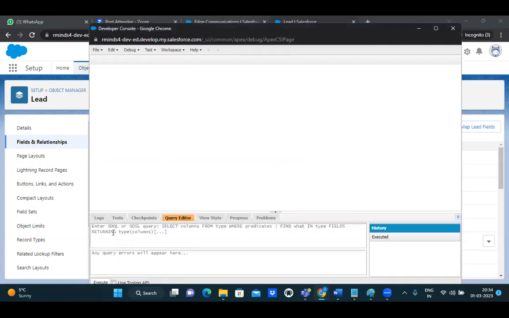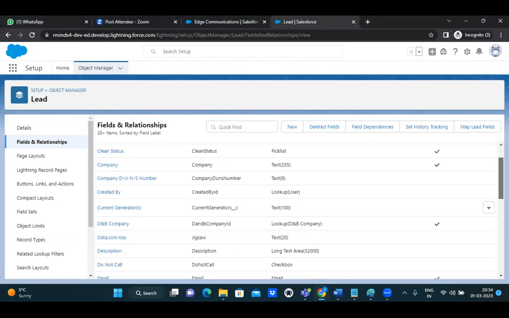We can go to a query editor: select name, ID, created by from, let's say, lead. And yeah, so if we click on,